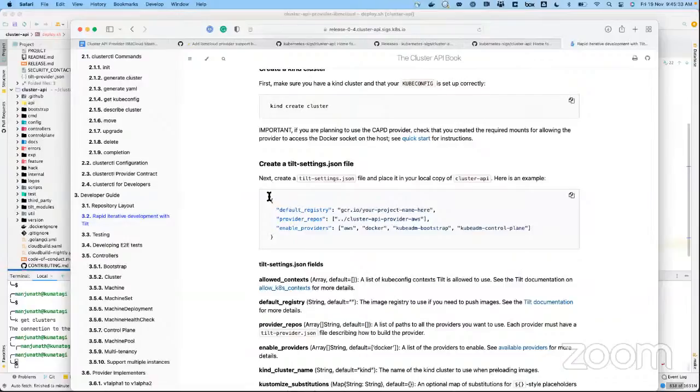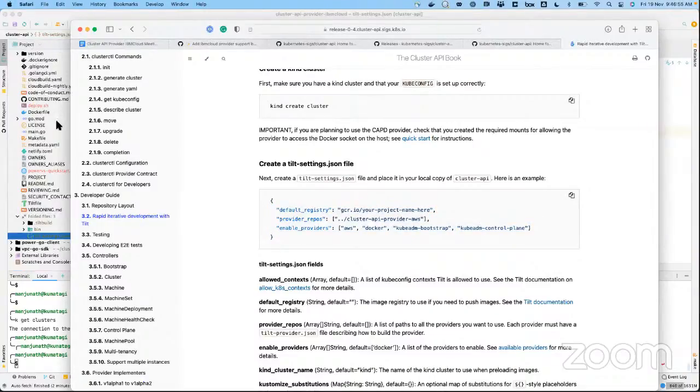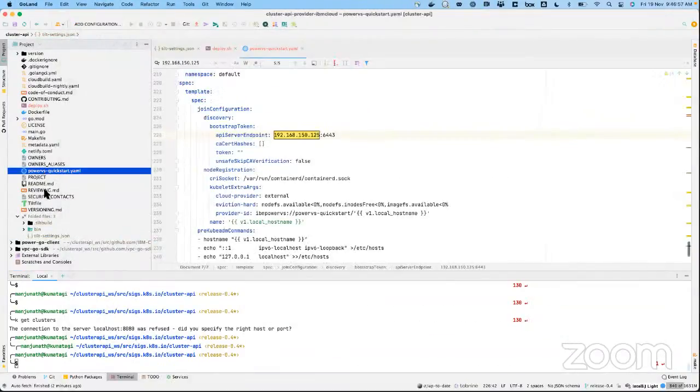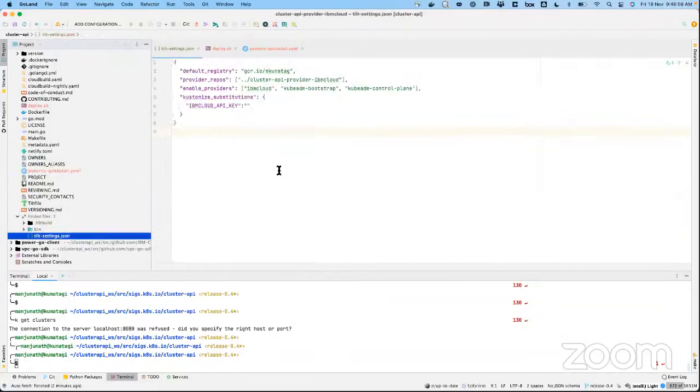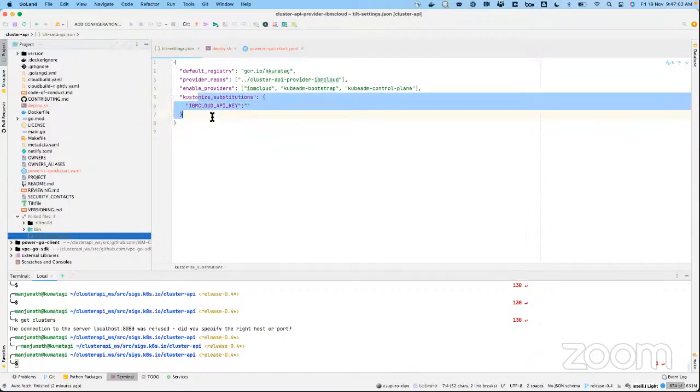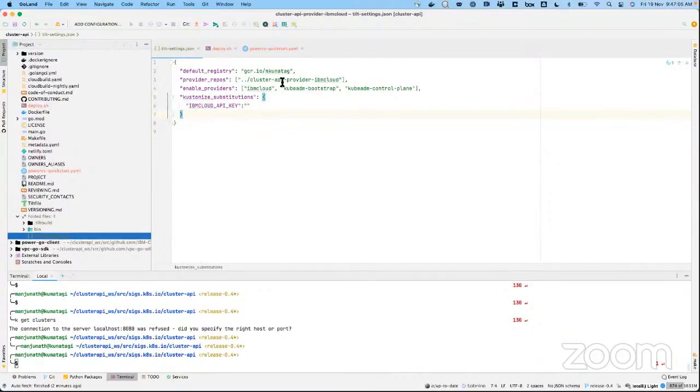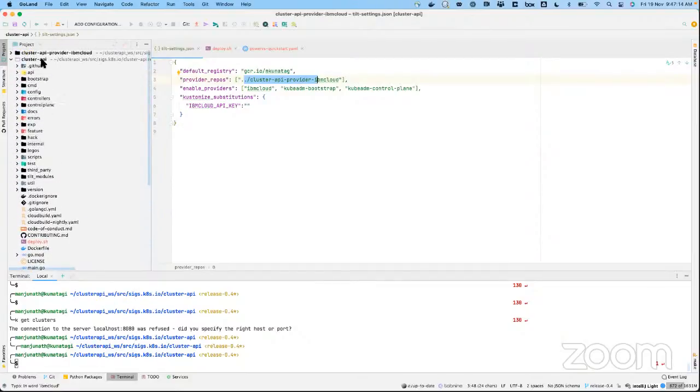For that, it expects you to create one tilt-settings JSON file for your provider. On this particular file we need to create, we also need to have a key mentioned here, which points to the other repository we're going to use, the Cluster API provider, which is directly behind Cluster API.